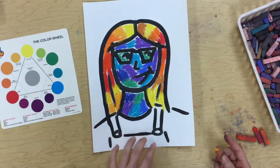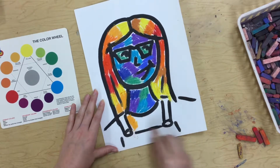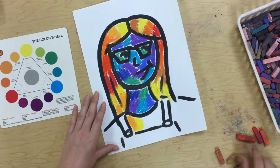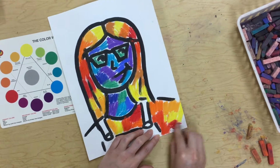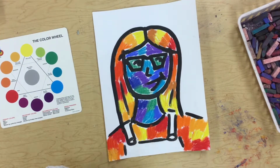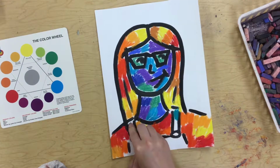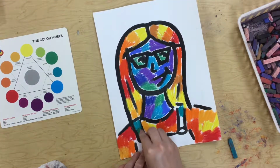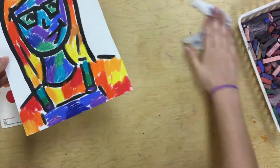All right, and now I think what I'm gonna do is continue with those analogous colors on my shirt. And then I'll do a different set of analogous colors on my little overalls. All right, now I'm gonna go back in with a different set of analogous colors in my overalls. All right,